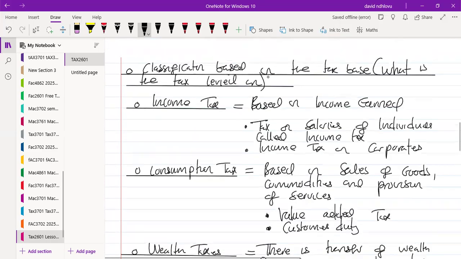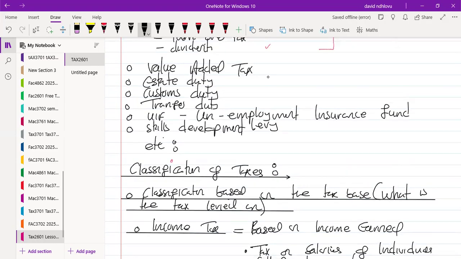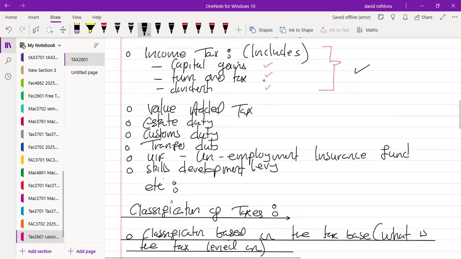So this theory is very important. It has to be on your fingertips. That's what they ask you in your assignment number one, and all the other multiple choice questions repeat the same questions. Of course, there will be calculations, other questions where they want you to calculate. But some of the work is basically theory. Choose the correct among these options, those types of questions. So you need to make sure that you sit on your theory and understand it, especially these things that I'm highlighting here. Very important.